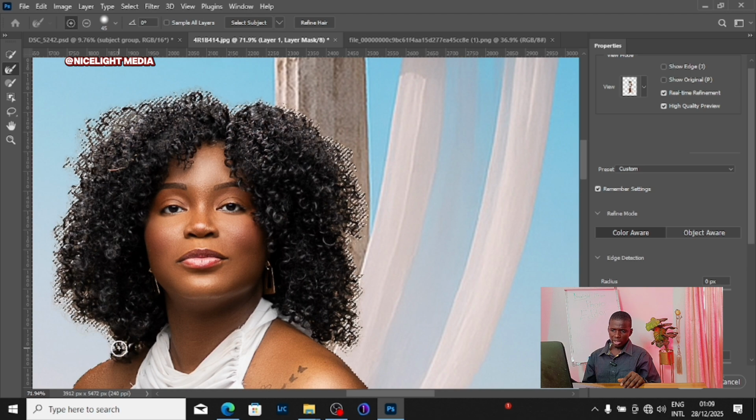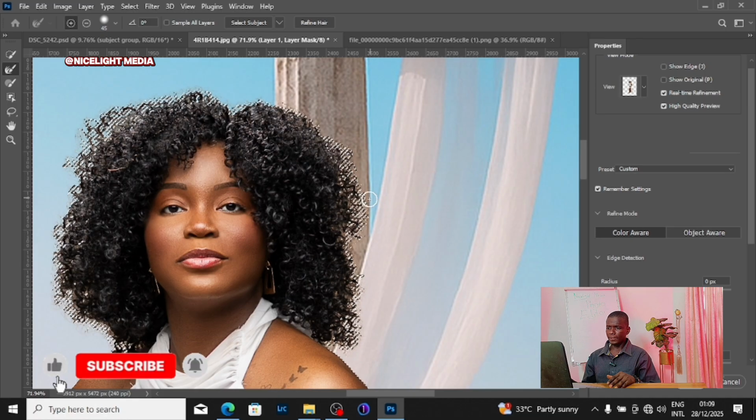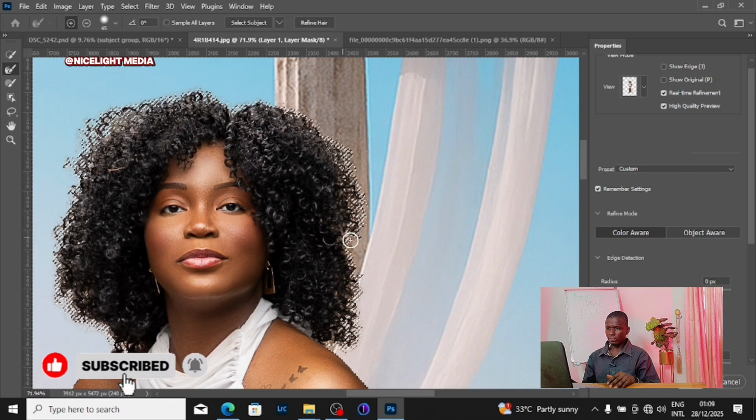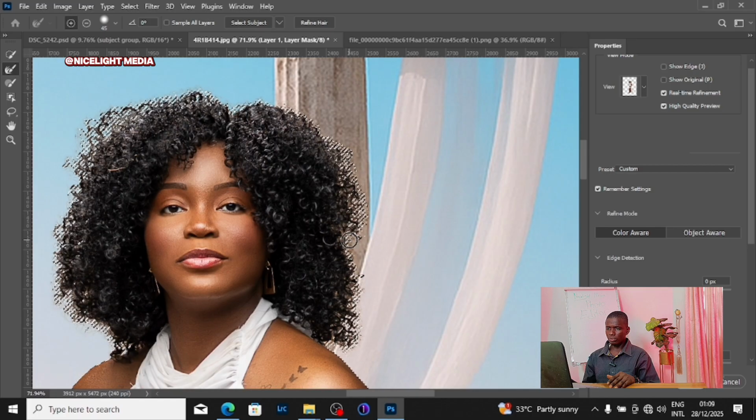So as we click on it, it's removing those colors, leaving the hair, only the hair. So you can see, this is how you do it. Now, if you look at the photo, we have already removed all the